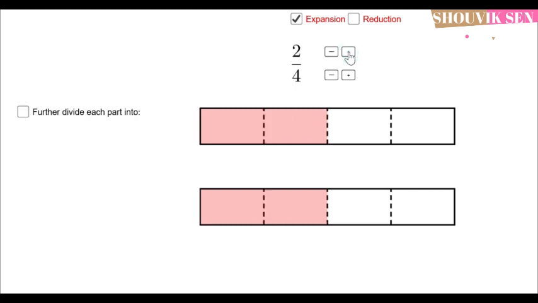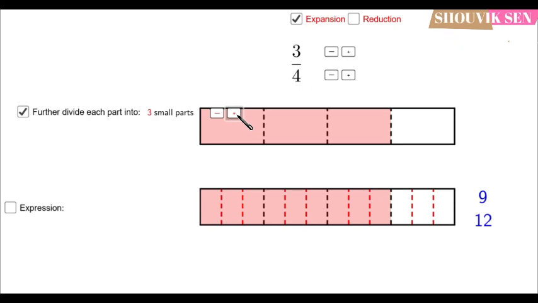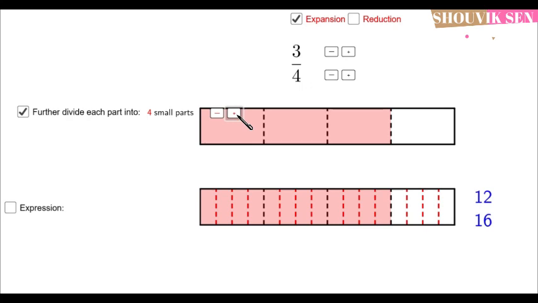That means 1 is a colored portion, then we have 2 colored portions out of 4, and below we have written a copy of that, and in the copy you can see there are 4 parts out of 8 parts being colored, but the area is same. For 6 by 8, again the area is same as 3 by 4. So that means these fractions 3 by 4 and 6 by 8 and 9 by 12, alright, they are equal because they cover the same area.